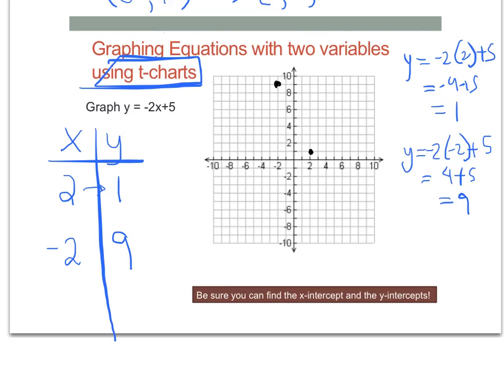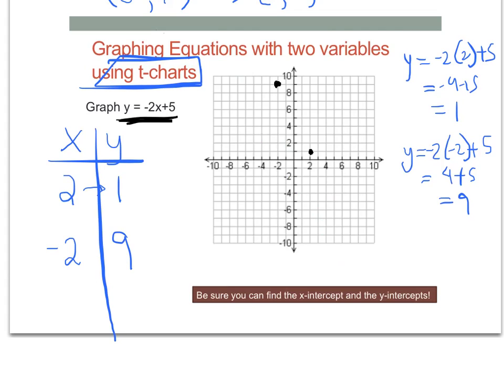Now, you probably remember enough from high school to know that this graph turns out to be a straight line. That's a linear equation. And 2 points do determine uniquely a line, so we probably can guess that our graph looks like this. But I'm going to plot a third point just as a check, just to make sure I haven't made any arithmetic errors so far.